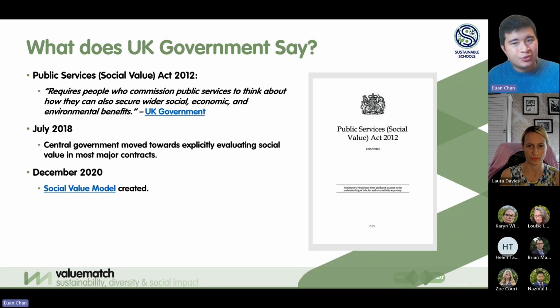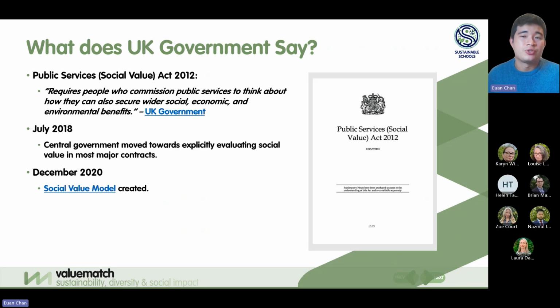So definitions around social value can be quite confusing at times, as we see, and each person has their own definition of how they phrase it. And the UK government has also had its own history of trying to get started on not only defining it, but enacting it within their public sector procurements. So one of the key first steps in 2013 was when the Social Value Act, or the Public Services Act 2012, was put in place. This act requires government bodies to think about how they can ensure social value through procurement. However, this act gives no provisions as to what social value actually is in a structured way. It only tells people in public sector procurement to consider it within tenders.